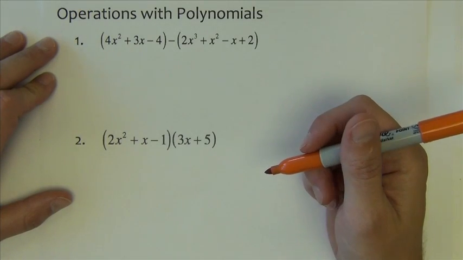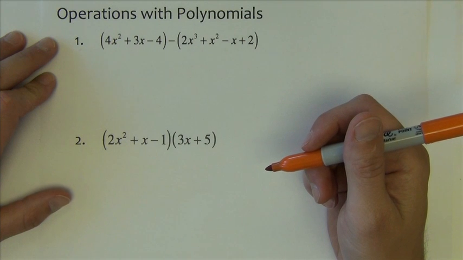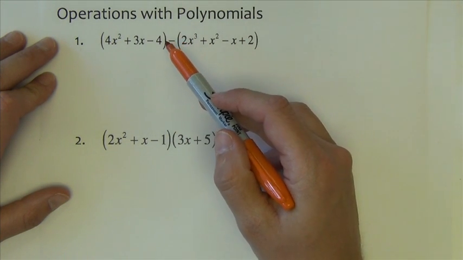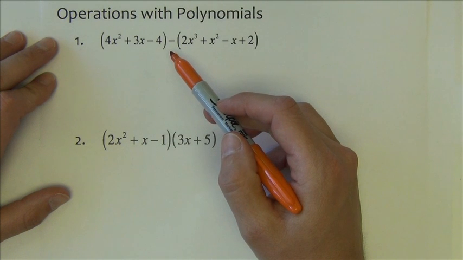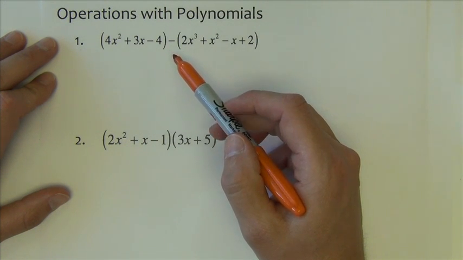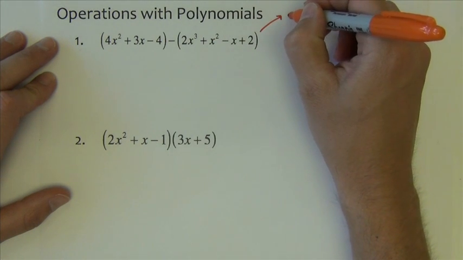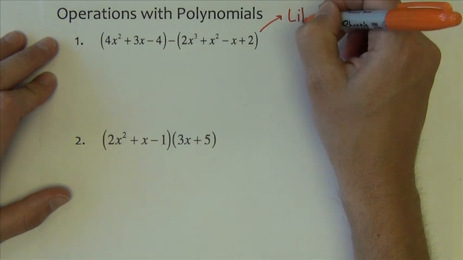To begin, let's look at just a couple of simple operations with polynomials. We'll look at addition, subtraction. This one happens to be a subtraction example, but addition would be no different. And then we'll look at a product, a multiplication problem as well. Now when we add and subtract polynomials, this type of problem here, we're just going to combine